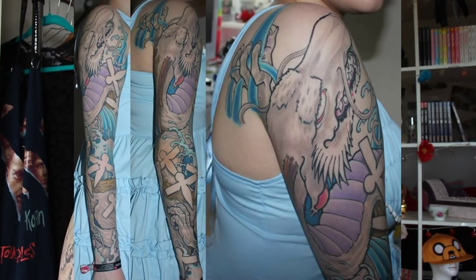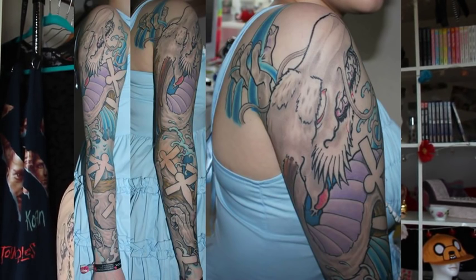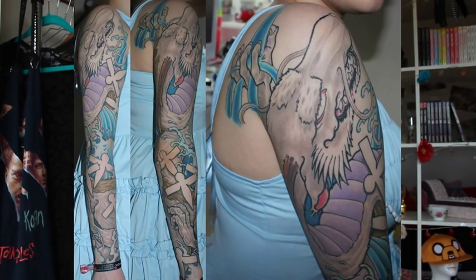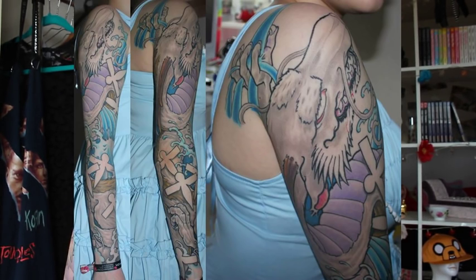And still to this day, I love that movie and I watch it, and I love Hayao Miyazaki. I love all Japanese things, which is another reason I got this, and I love just Japanese anime movies and stuff. But the main reason why I got this is because I wanted a classical dragon tattoo to cover my entire arm. At first I was thinking just a regular dragon, but then I was watching Spirited Away